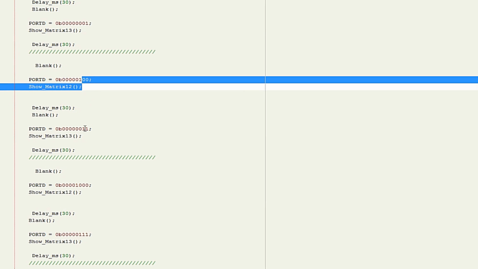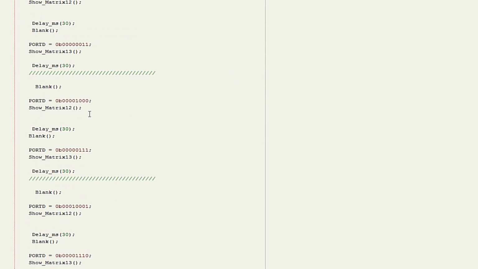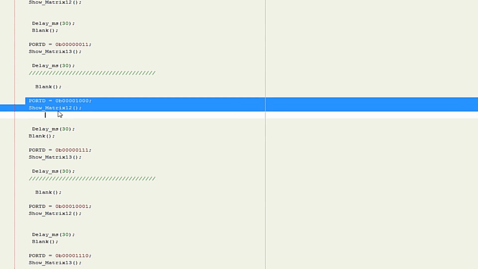So 30 millisecond delay, 30 millisecond delay, and you can see I'm just shifting it over. Select the matrix 12, which is the vertical, and then select matrix 13, which is the horizontal. So now you can see 2 bits of the bottom of the U have come in there, and meanwhile the vertical is shifted in 3 places. And blanking the display every time, and so I'm moving the vertical in there, and that's all of the horizontal